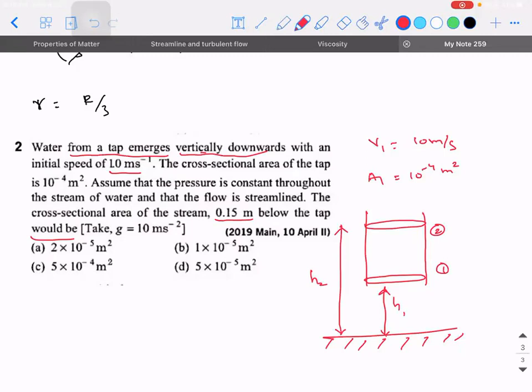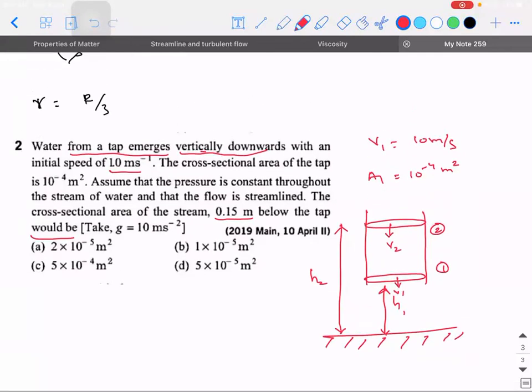What is the difference in energies that you will have at point 2 and 1? At 2, what will you have? You will have a greater potential energy, and at 1, you will have a lesser potential energy. Due to the change in potential energy, its speed is also going to change. Correct? Now let's apply and see.